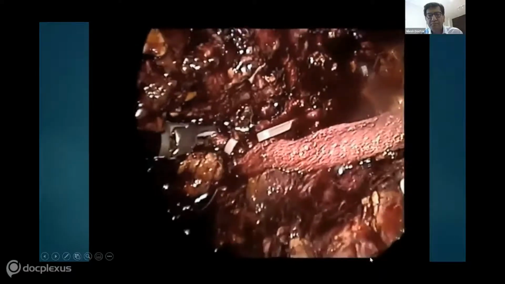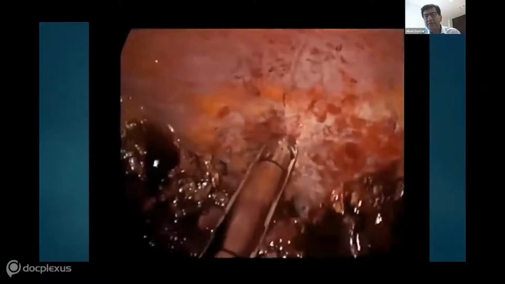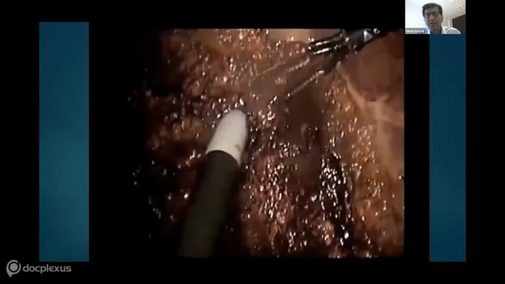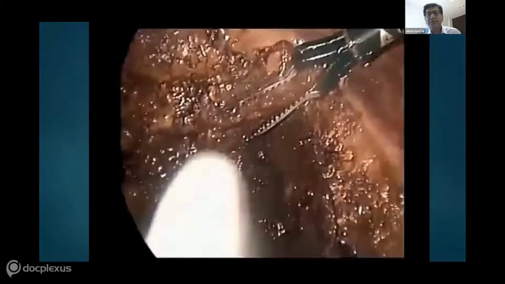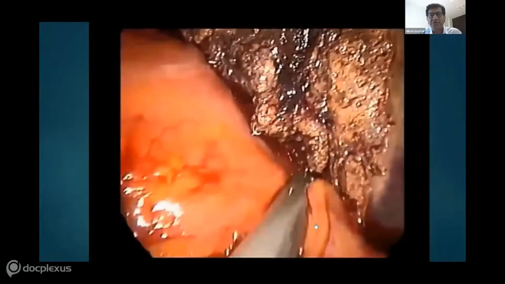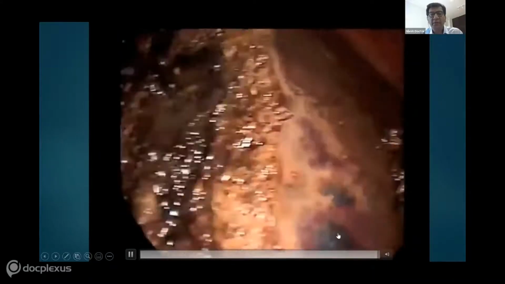So it's completed, and then the specimen can be retrieved from either a Pfannenstiel incision or a lower abdominal incision or a vertical incision. Now, there is some evidence to suggest that a small vertical incision is probably less painful than a transverse incision, unless you're using a Pfannenstiel incision in a female patient. So that's a completed